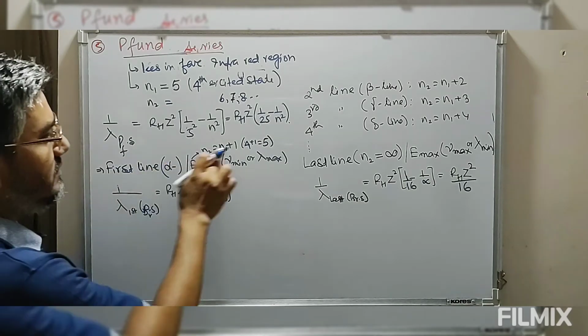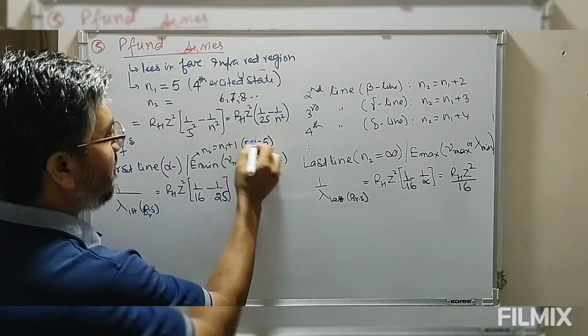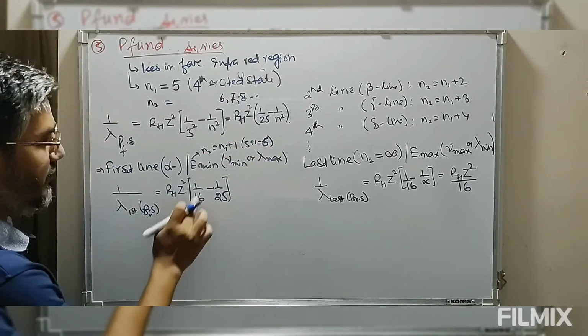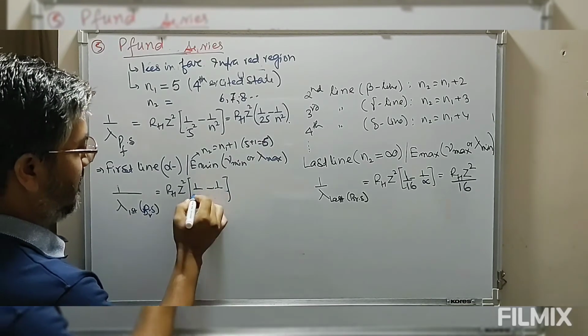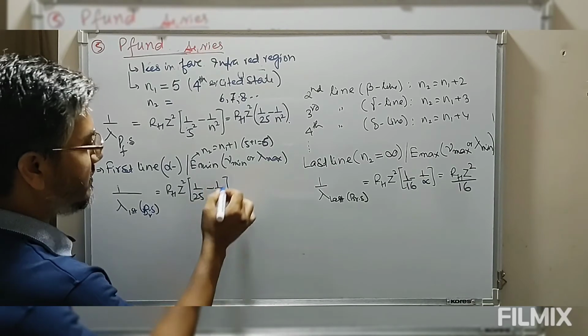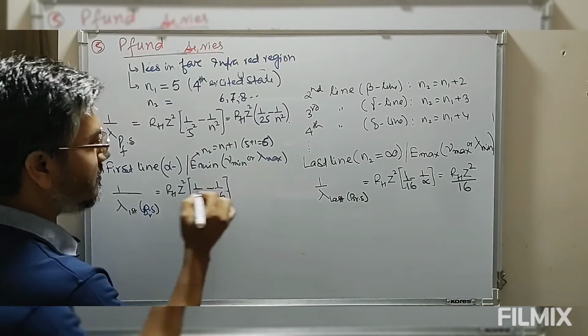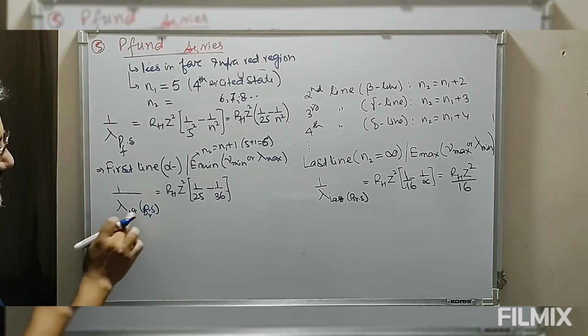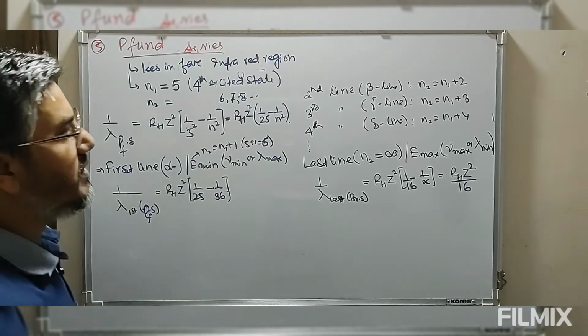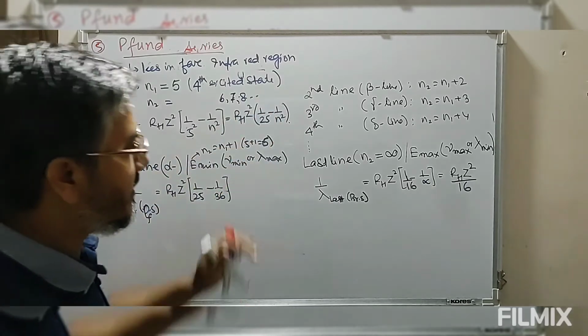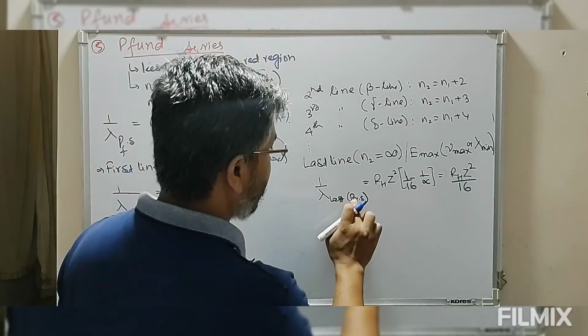The first line, that is 6. So we have 25, 6 is 36. So this is the first line of Pfund series. Similarly, we have second line, third line, fourth line, and the last line of this Pfund series,